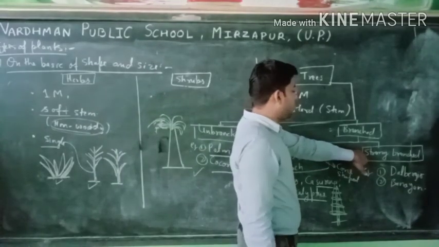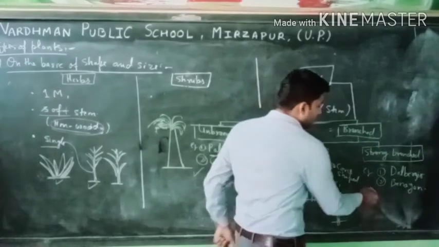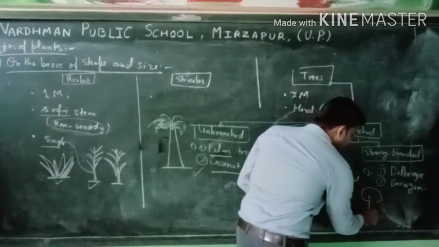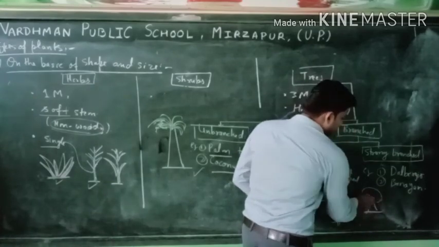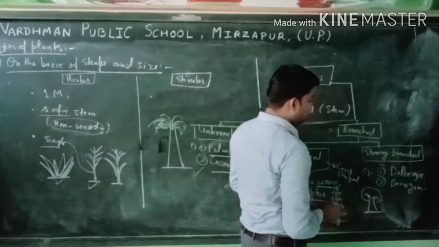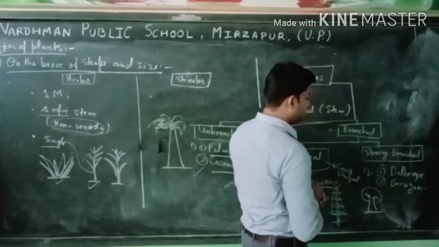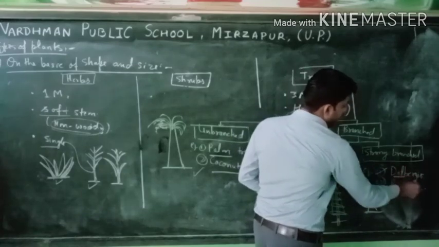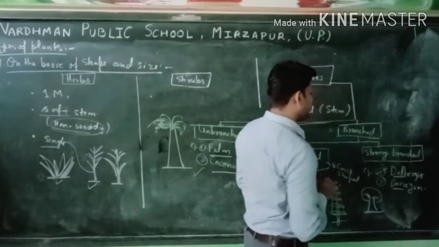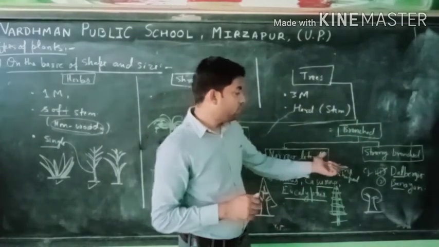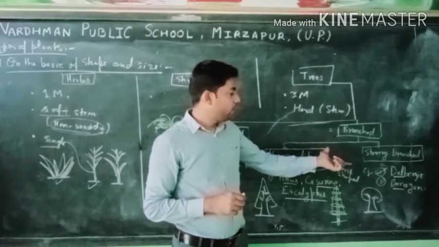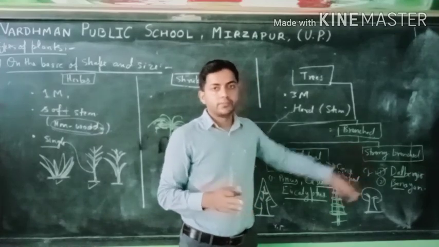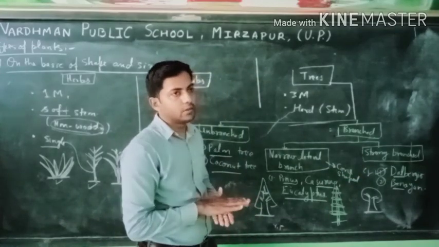While the strong branch tree is also known as a dome-shaped plant. It means these plants represent a dome-shaped structure at the tip of their stem. Such plants are found in the case of Dalbergia and banyan tree. Besides this, the neem plant and mango plant are also considered strong branch trees. Now I will discuss the next topic in the next video lecture.